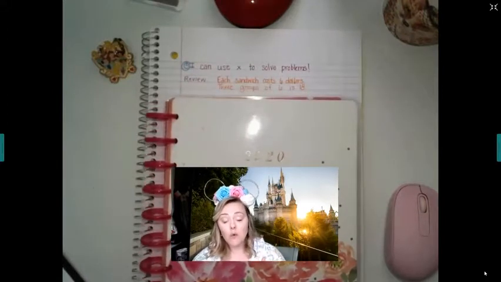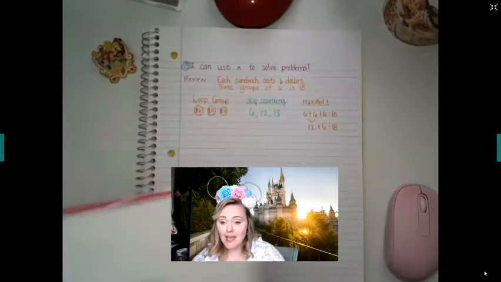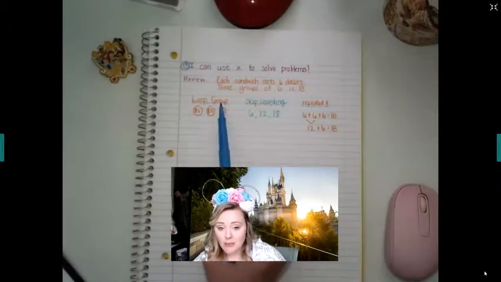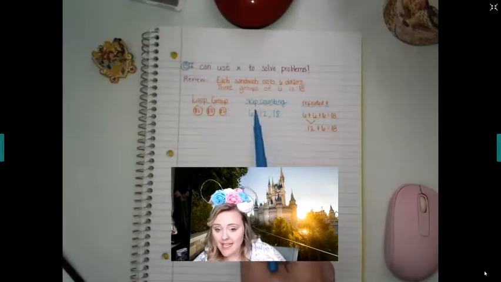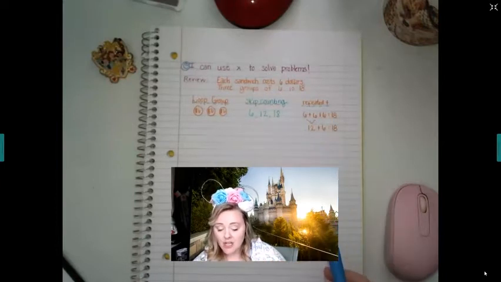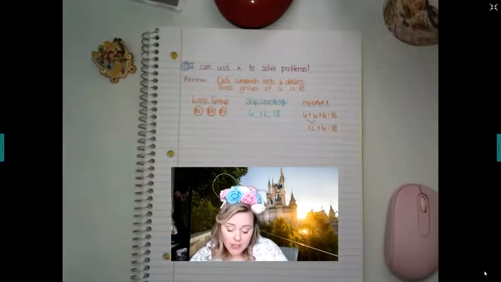So a really quick review of how you can show repeated or how you can show multiplication. There are 3 ways that are pretty easy for most 3rd graders to do. First, using a loop group. Second is using skip counting. And the third is just using repeated addition. So today, as you look through your Bridges work, the first page you're going to go to is